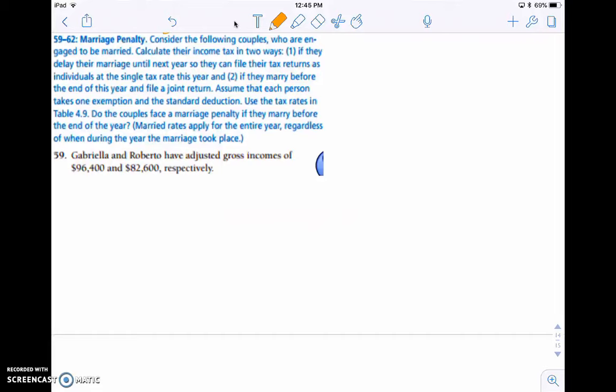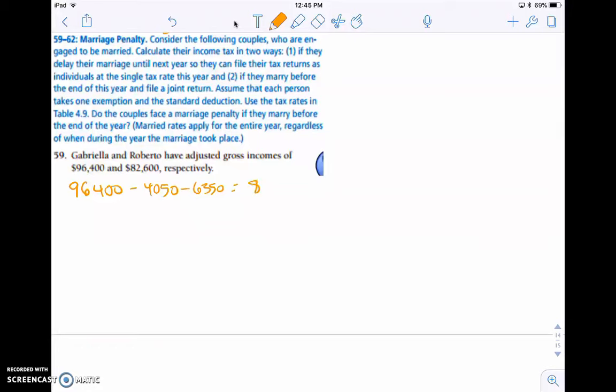So we've got adjusted gross incomes for Gabriela and Roberto. And so again, with adjusted gross income, we've got to find the taxable income. So first we are going to do Gabriela at $94,400, and we have to minus off the exemption of $4,050 minus the $6,350 for the standard deduction, and we